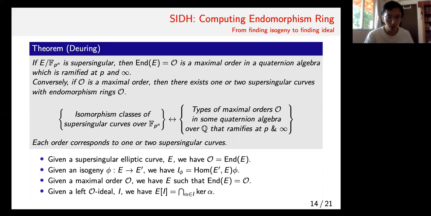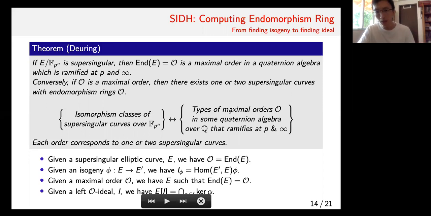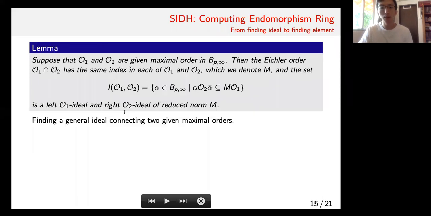The upshot that you should take away from this is that there is an equivalence of categories. And so you would think, if I'm able to transfer my problem from supersingular curves over isogenies onto this category, maybe there are some algorithms to solve this problem and bring it back. So that is the hope. And there is indeed such an